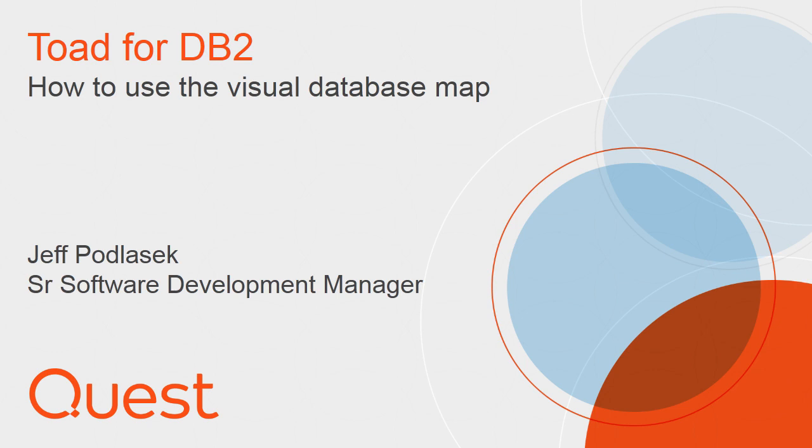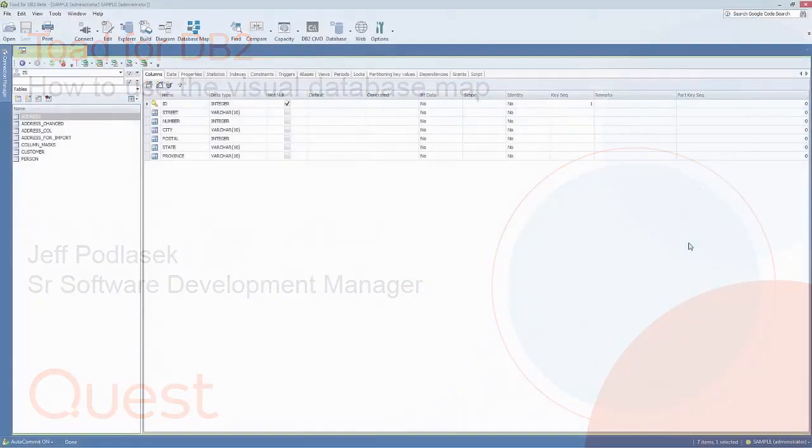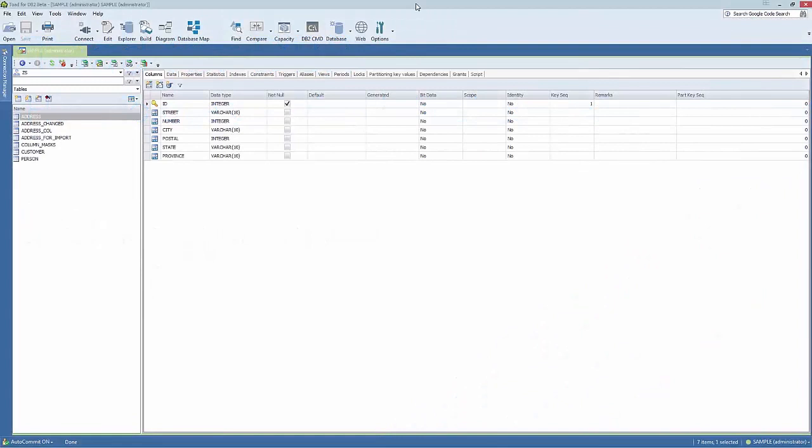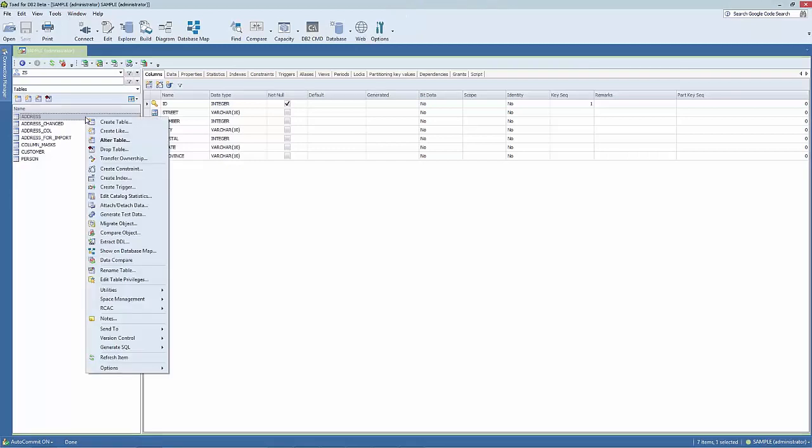Toad for DB2 has introduced a visual database map feature that gives you this insight. And in this video, I'm going to demonstrate this feature. I have Toad up and running, and I'm connected to a DB2 LUW database. This feature works for DB2 LUW as well as z/OS, but this is DB2 LUW. And I'm going to right-click on a table that I have in my database browser and select Show on Database